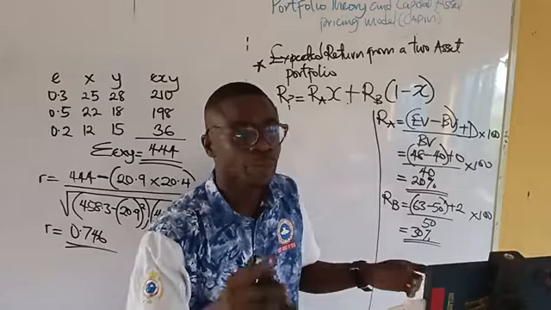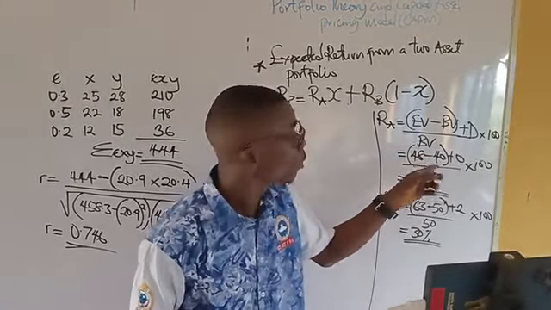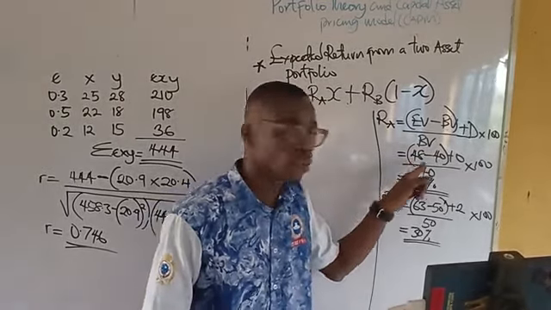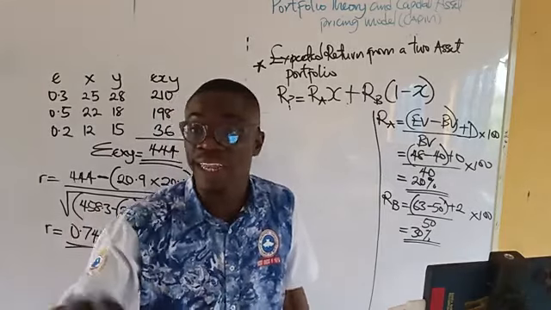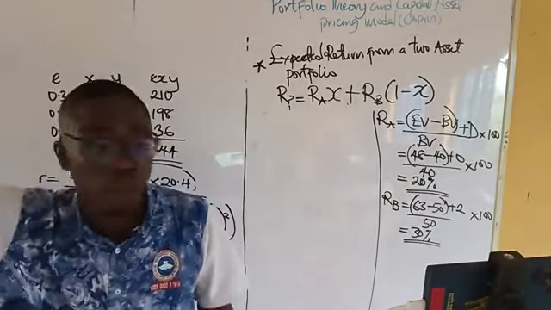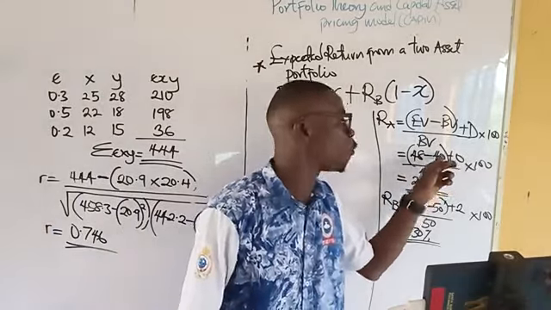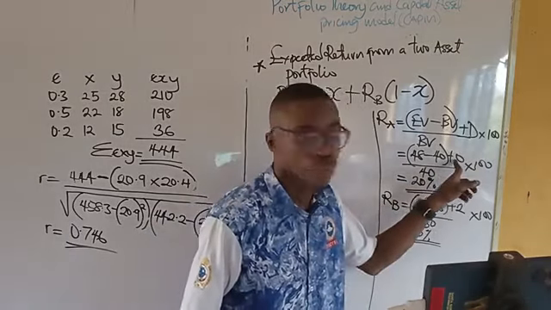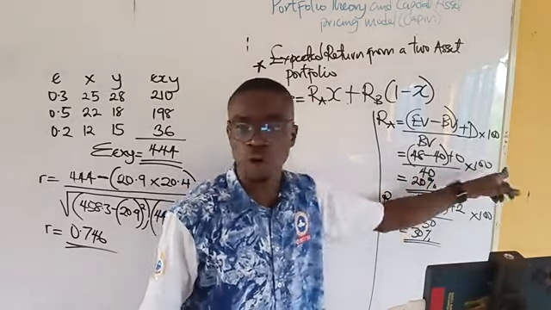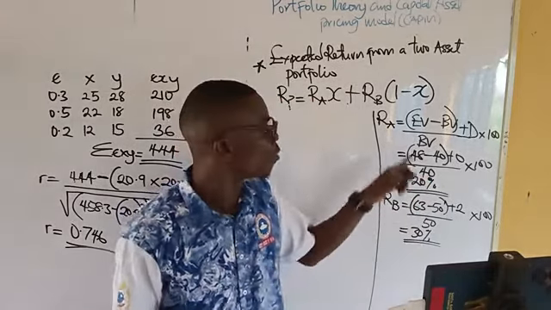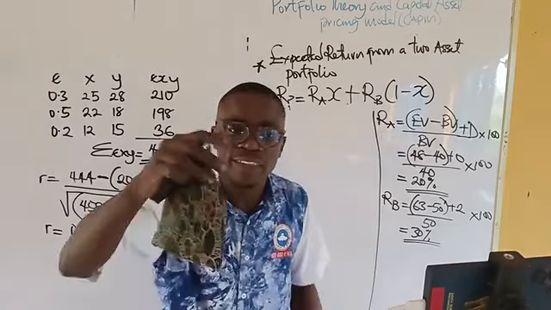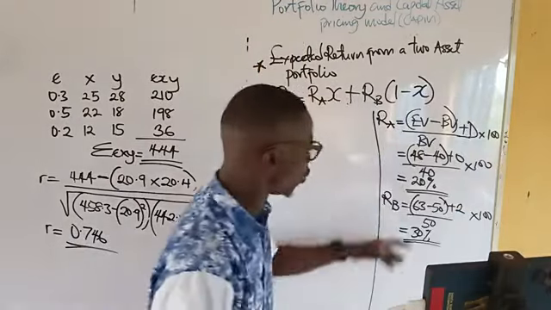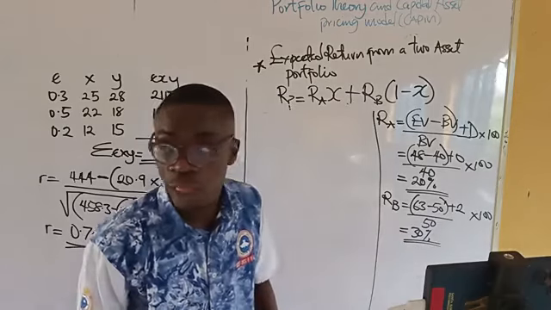So the expected return now will be the value at what? At the end. For investment A, they have given us the value at the end in 1 year's time to be what? 48 minus 40. And they said the dividend is what? Is 0. That's why you have the 0 there. Divided by 40 times 100. This is the formula you use for expected return. It is in our previous class. We did that. So we have calculated the expected